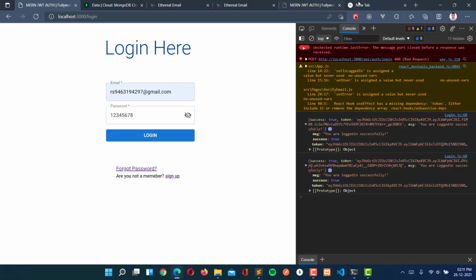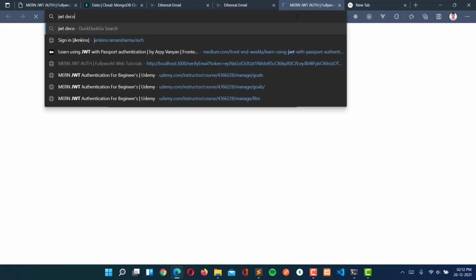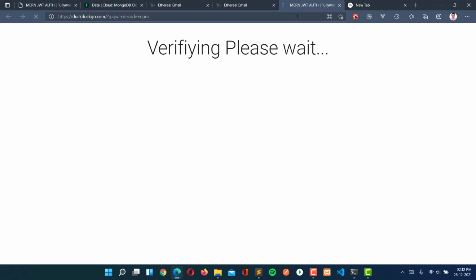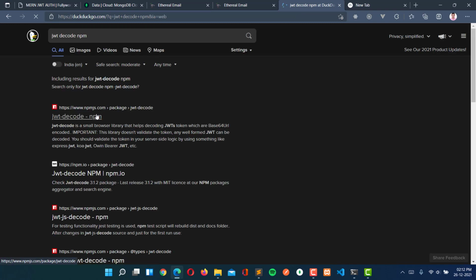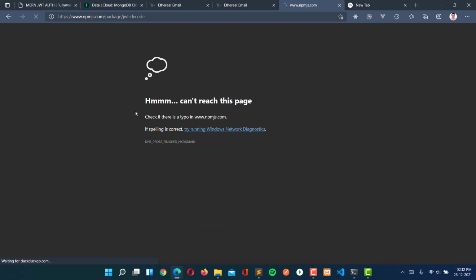So let's go to its documentation, jwt-decode npm. It is loading.